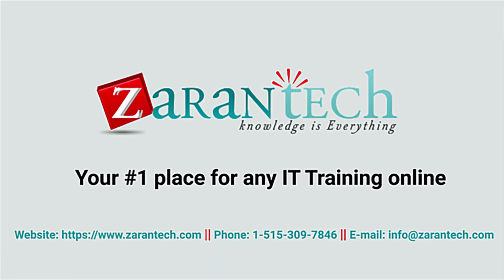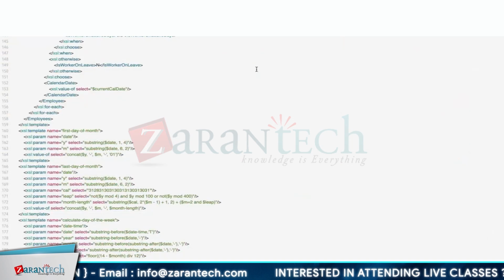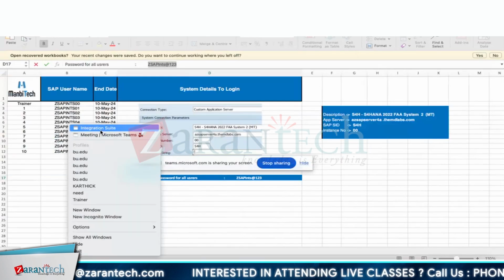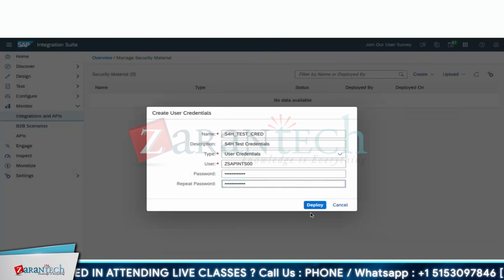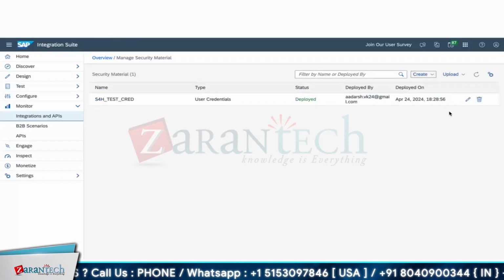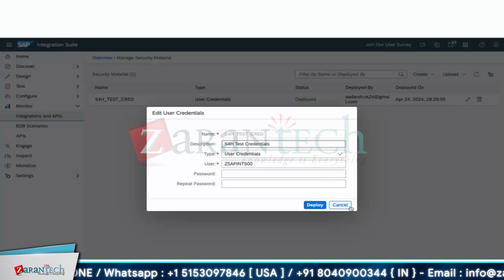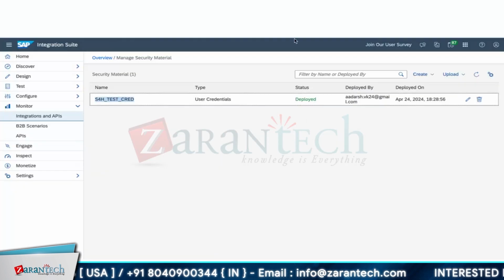I can pick up my username and password from here. This is my password. Once you click deploy, this will be deployed here. Okay, so now we need to use the same credential here.